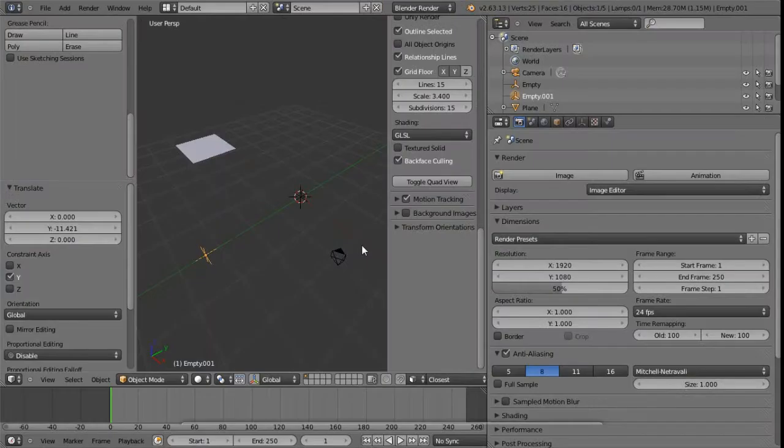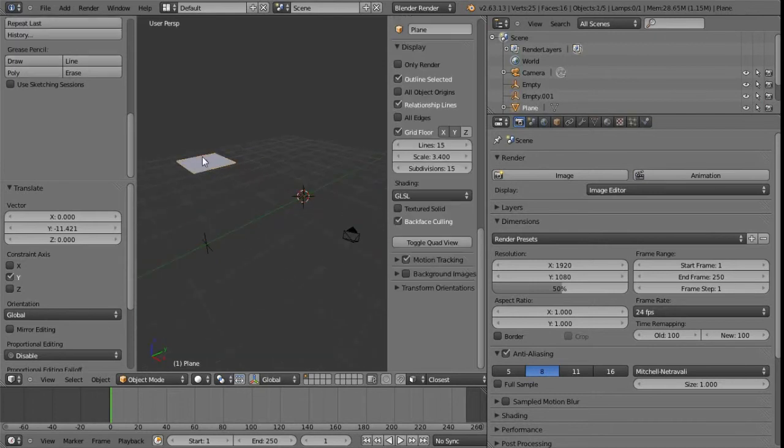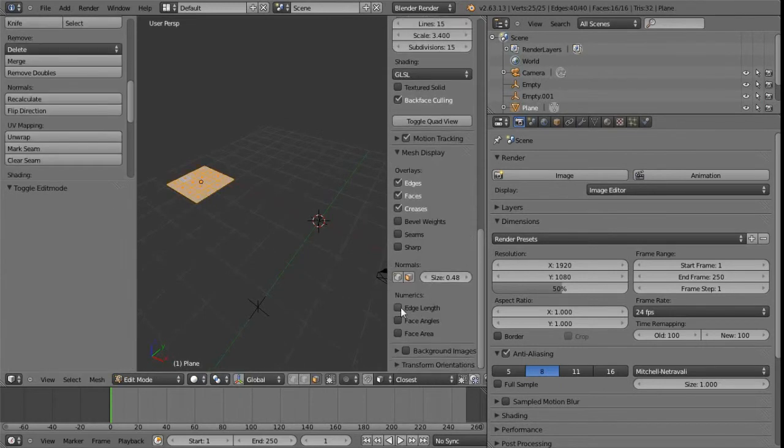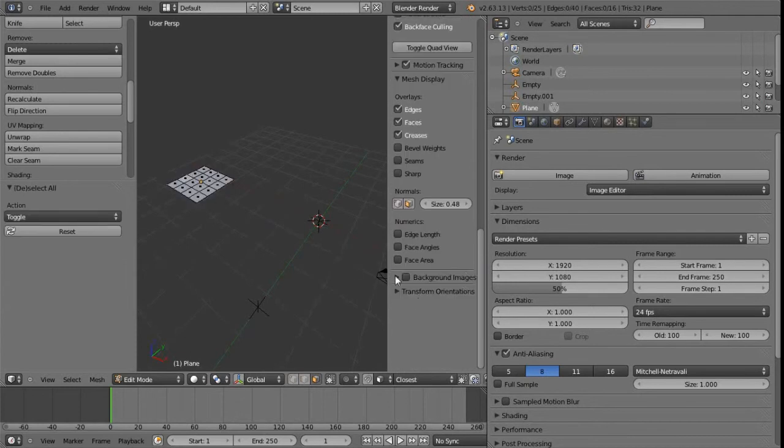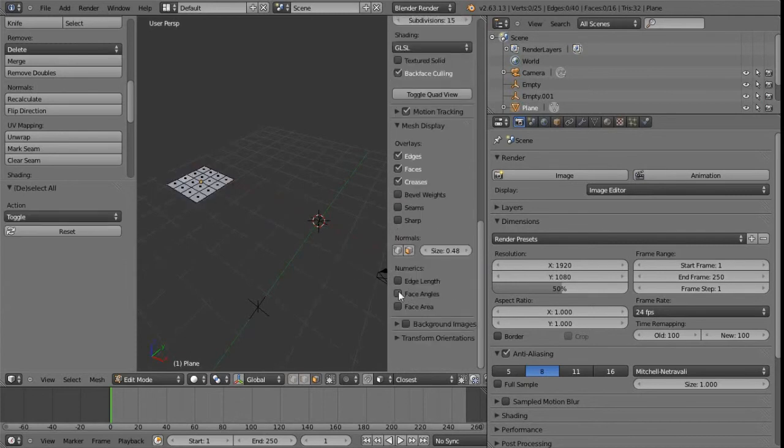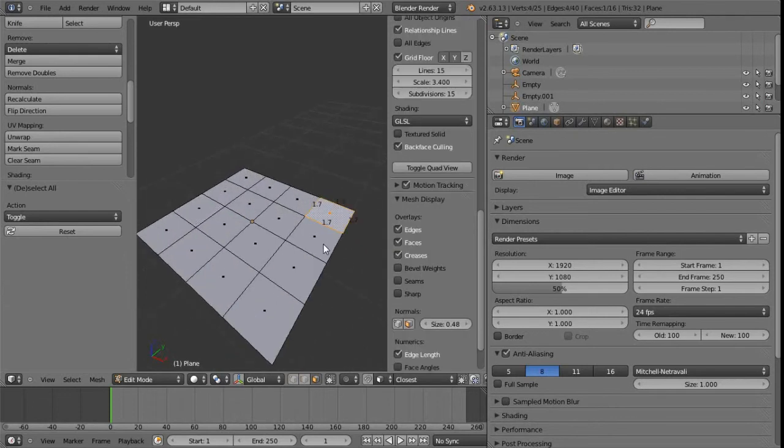In Blender, basically we would need to create the two empties ourselves, and then we will be able to see the measure tools for them. But let's just discuss measure tools a little bit more. By default, there is an add-on for measuring. We'll come to that in a second, but first of all, the only measuring tools we get that are on by default is when we enter into edit mode, and we come down to the mesh display area here. We've got numerics. We can turn on edge length there, which will, if I just highlight that face,